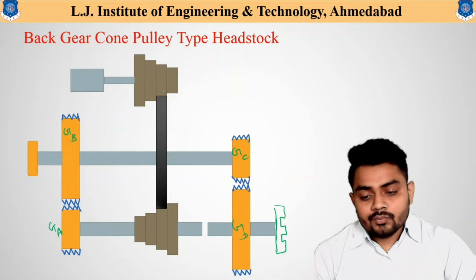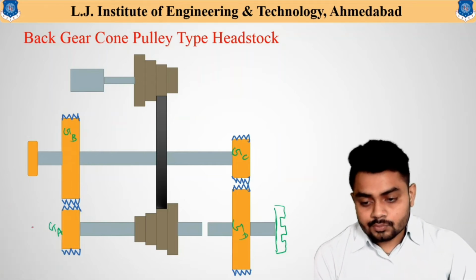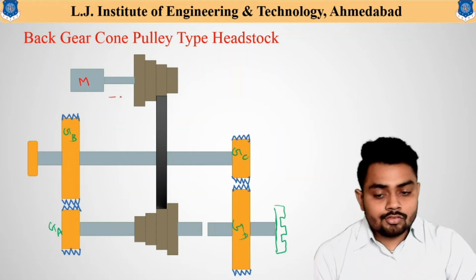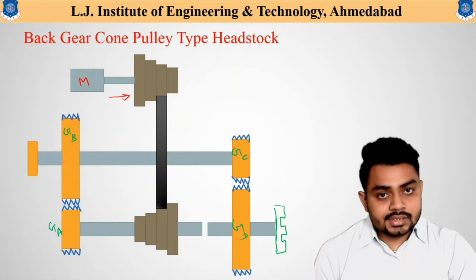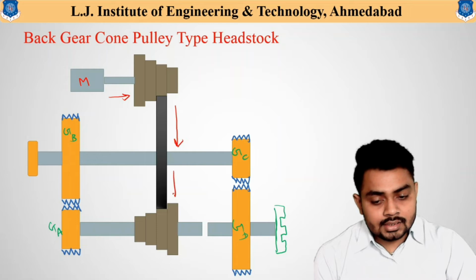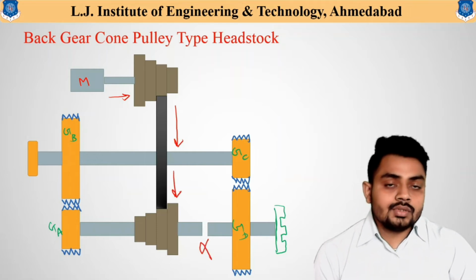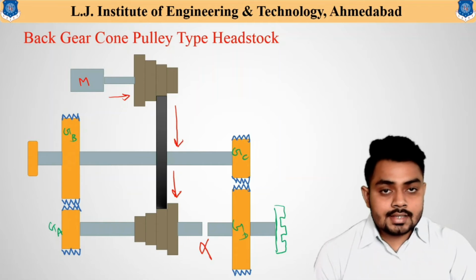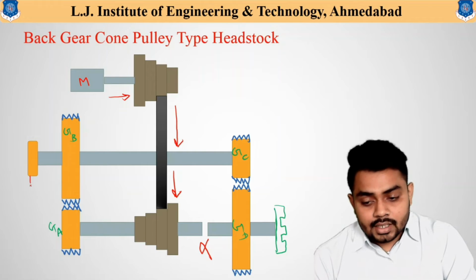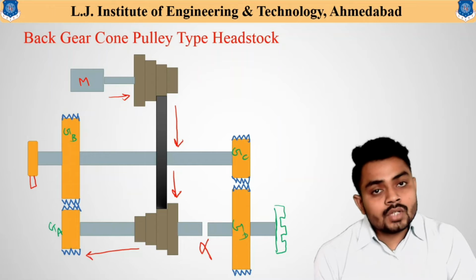Now simply again, the power is transmitted from this motor to this particular step cone pulley, and from this step cone pulley through this belt to another step cone pulley. Now power cannot be transmitted through this particular section. So as the gears are attached using this lever mechanism, power is transmitted to this gear A, and this